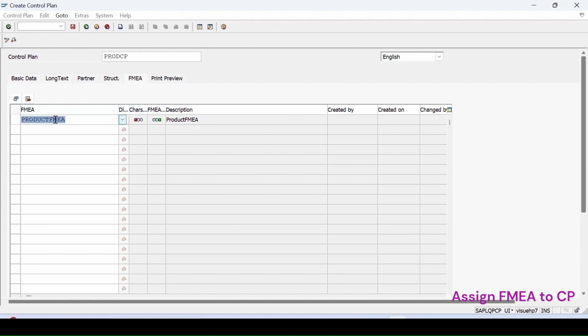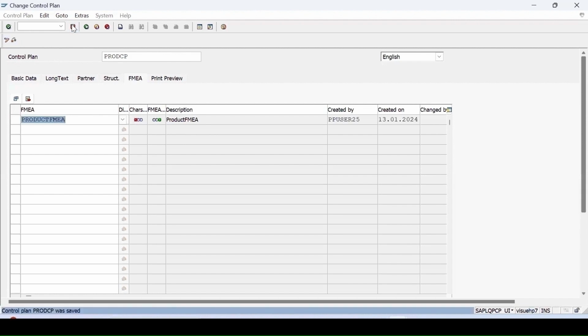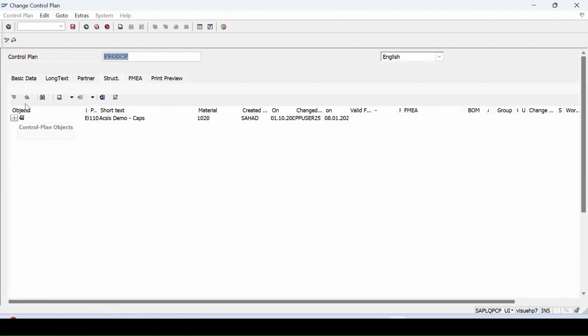This is an FMEA. So for this FMEA, whatever characteristics are assigned, that is not linked to this control plan. The tooltip is there that no characteristics is at present included in the control plan, but the FMEA is linked. We can save it. Now, if I go to the structure and if I expand all